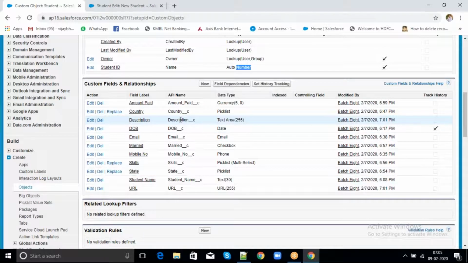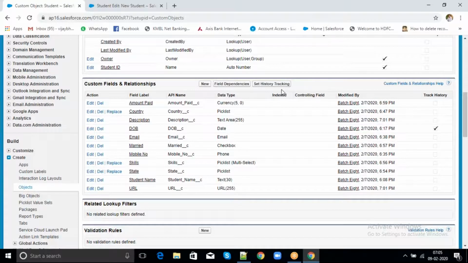API names we will use in the logic wherever we write the coding, if we want to use the object name or field names. And these are the data types, the data type for which each field is created. History tracking will be enabled here; if we don't enable history tracking, this button will not be visible.